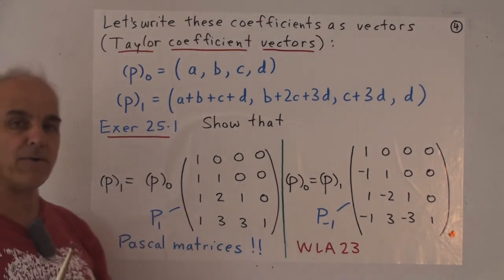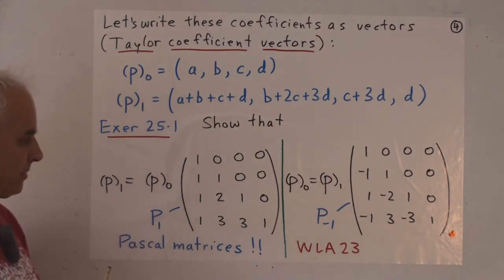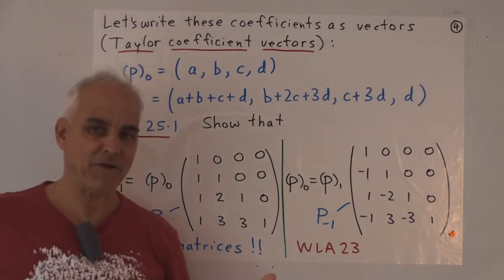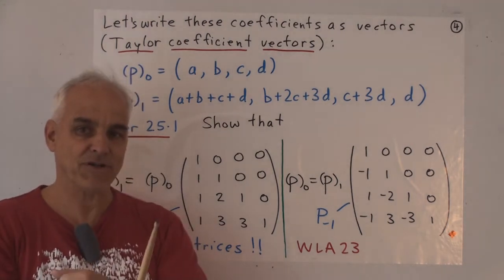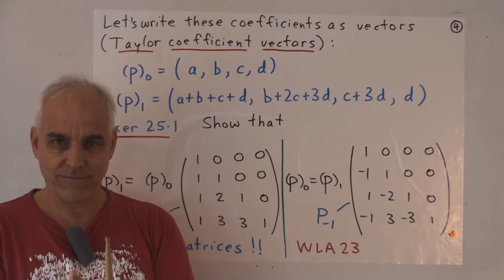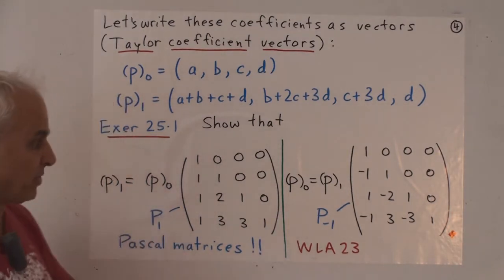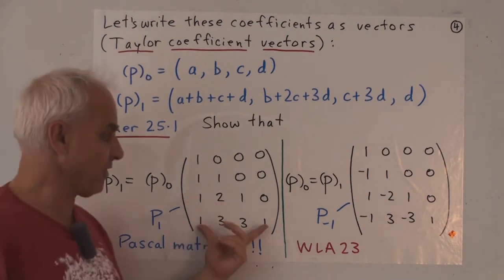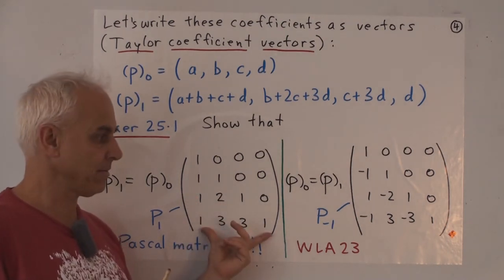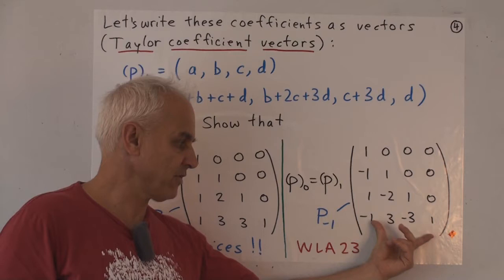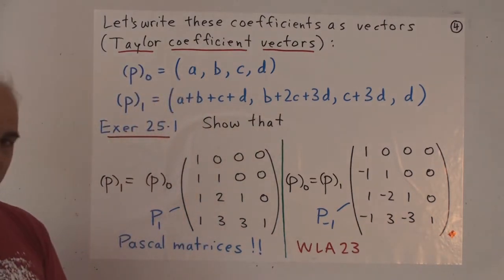Well, what about the other way around? That's our basic problem of linear algebra, right? How to invert a change of coordinates. We know all about that. What we need to do is we just multiply by the inverse of this matrix. The inverse of this matrix is this one right here.